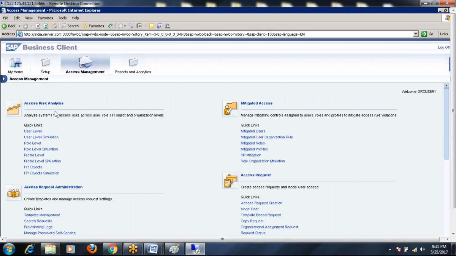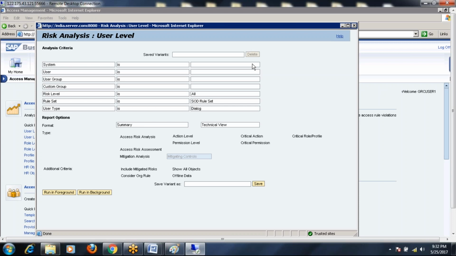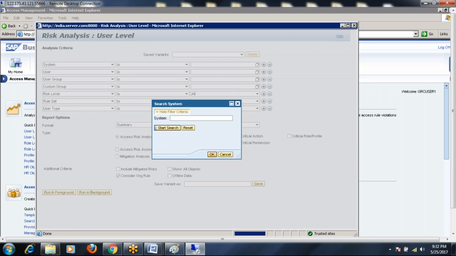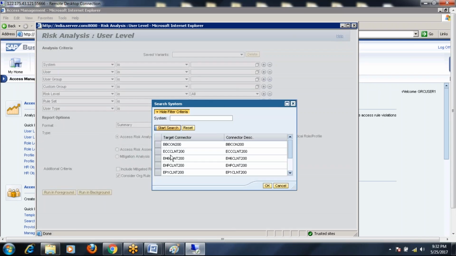Don't worry, I'll show you in detail again, but I just want to show you what is meant by a sync job. So I'm doing user level risk analysis. System. I'm searching for a user now. So our system name is what? Connector name. In this, our system name is